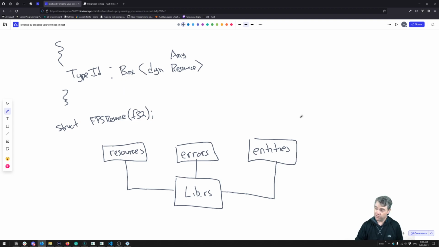Now for entities, because we're making a sort of in-memory database here, we're going to want probably a vector, or basically an array in many other languages, that's going to store all of our